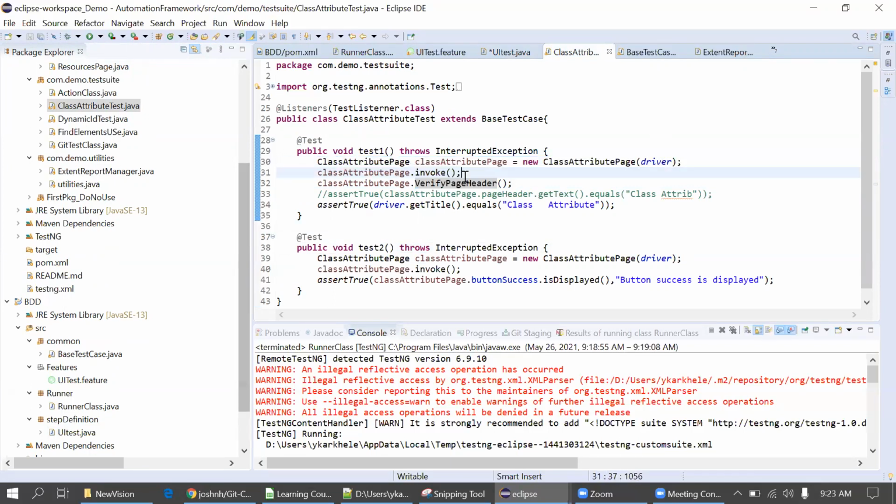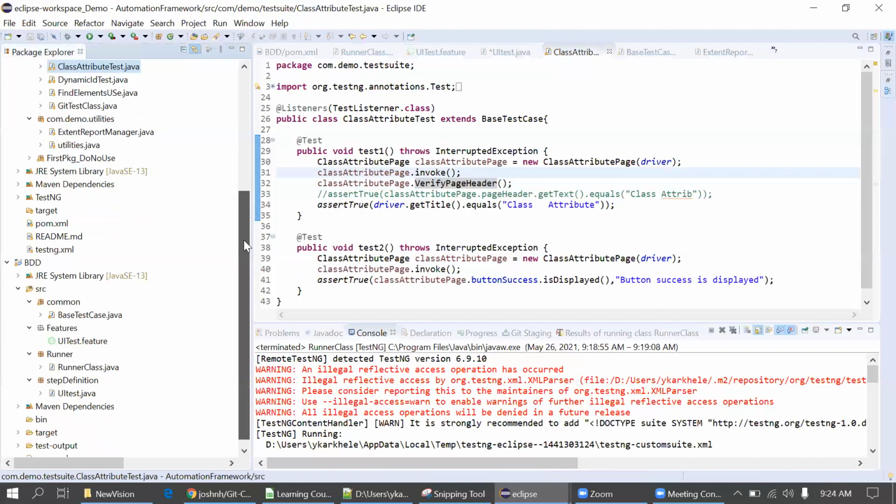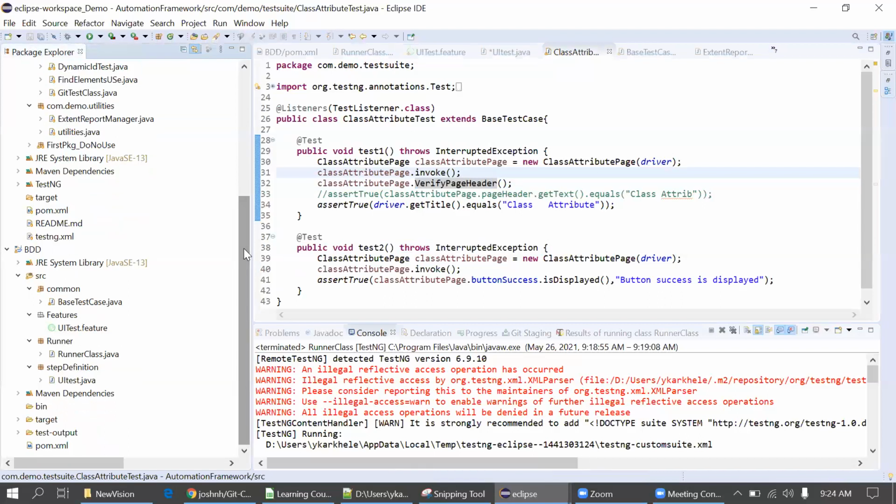Actually, ma'am, we are just using the page factory method, right? Yes, we are using the page factory itself in the BDD as well. There are various test cases and various pages linked to those test cases. So we don't directly call the page classes, because they are linked with the test cases, so we directly use the test case class object. Here we reduce the lines of object and method code.